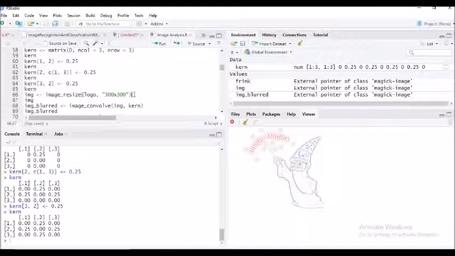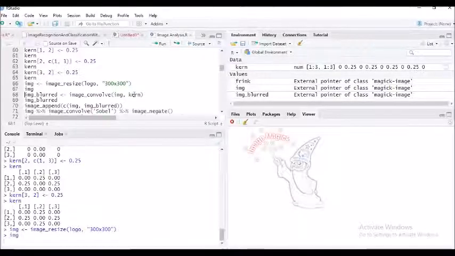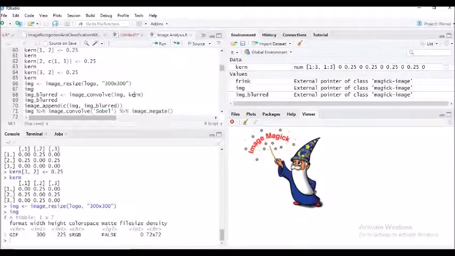So this is that particular image, and this one is something that I have downloaded. Now if I want to convolve it, let me show it to you. When I make the image blurred, how would the image come in for this blurred one? Let me just enter once and you will see immediately how it comes in. Here, can you see the difference from the earlier one? Now the image is not very clear. So you are able to capture this kind of stuff.